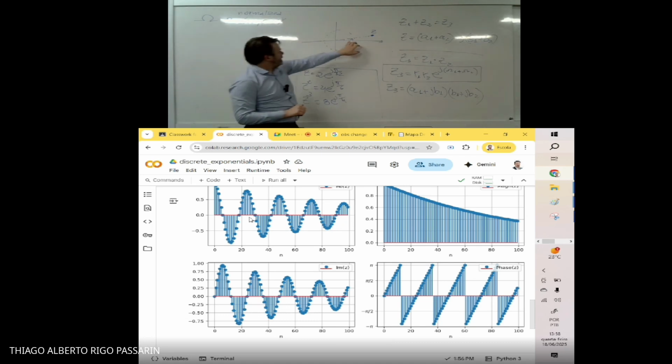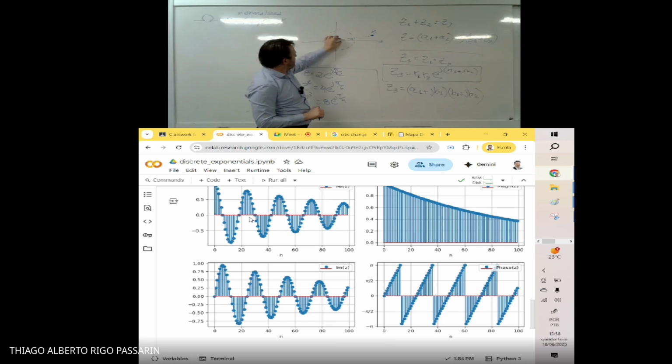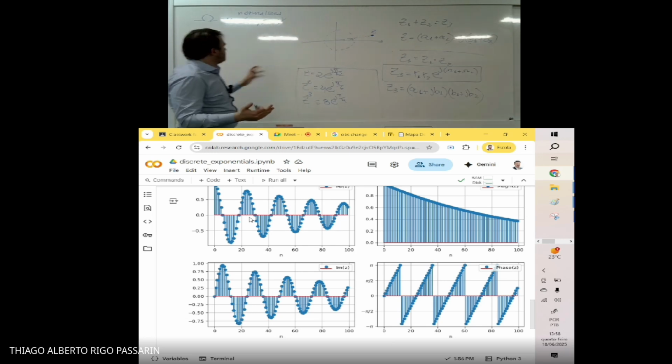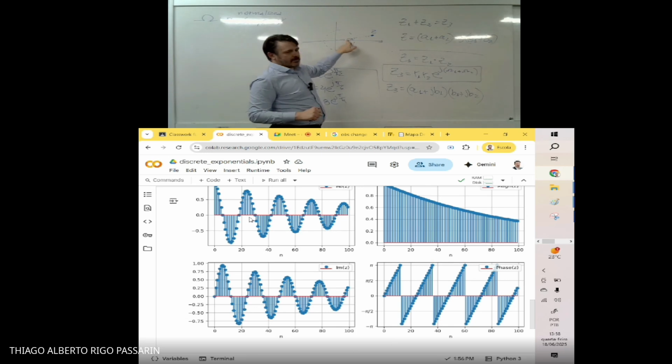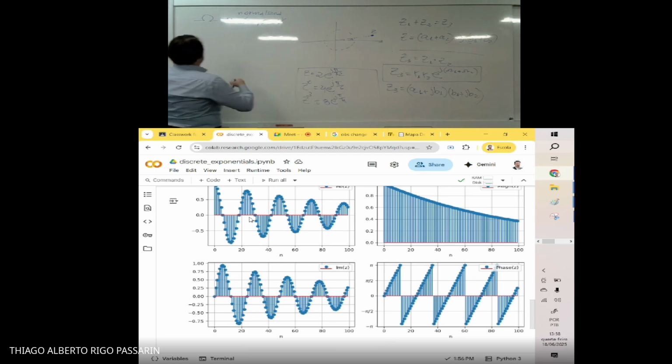This guy is an angle, right? Radians. In principle, if this is just a number, this is radians. When I put it inside a function, z to the n,